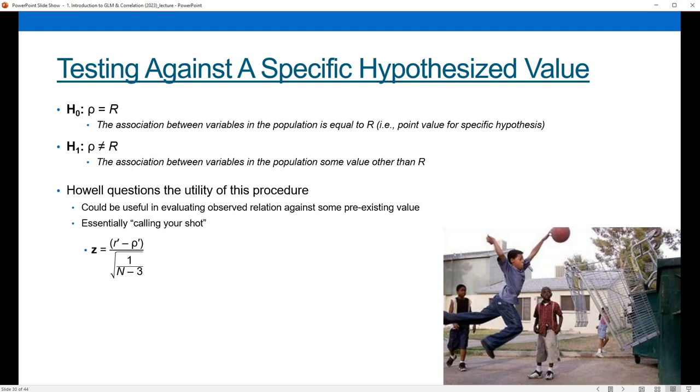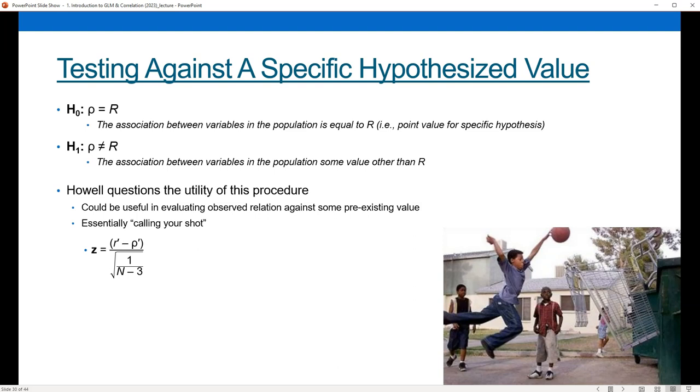If you're thinking back, you can think about this as similar to a single sample t-test. Remember, in our single sample test, we were testing whether we had evidence that some sample value was different than some reference value that we had specified. Same thing here, we're just specifying a value for the correlation, something that's not 0. How we'll go through this talks about this. Questions the extent to which this is